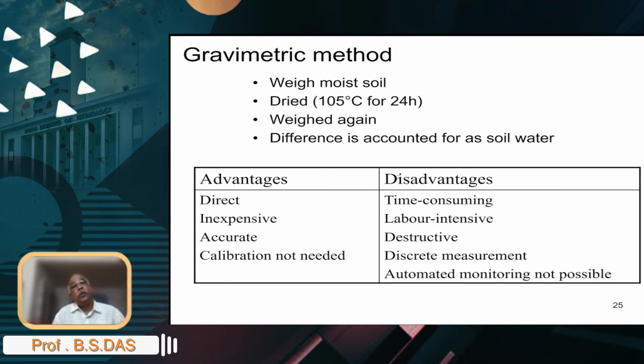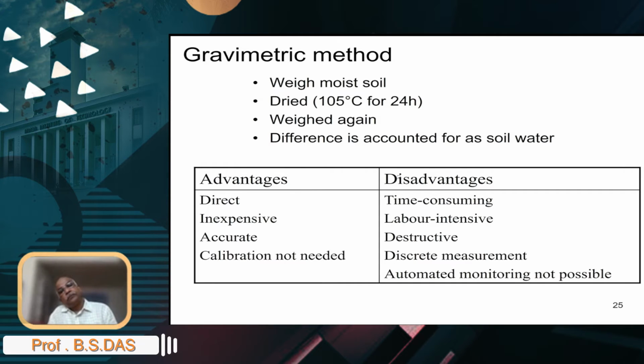Imagine that you have to collect samples from so many fields, for instance, in a village. You have to take out soils from every field and measure at every location, and this could be very labor intensive. Soil collection as such is a very labor intensive and tedious